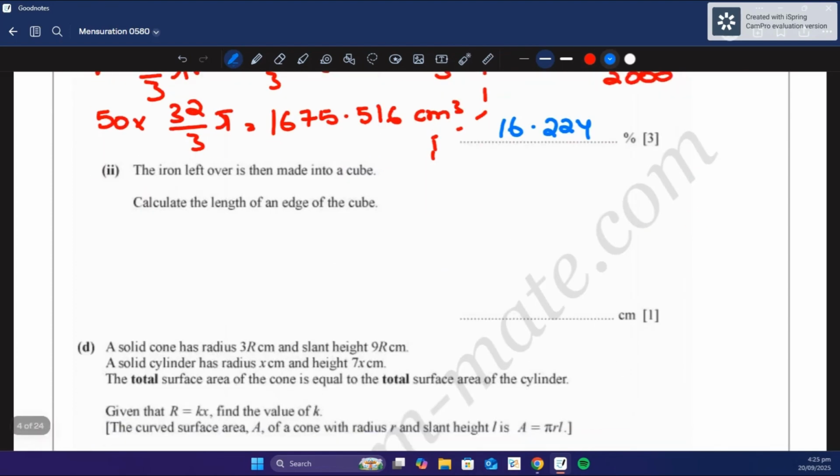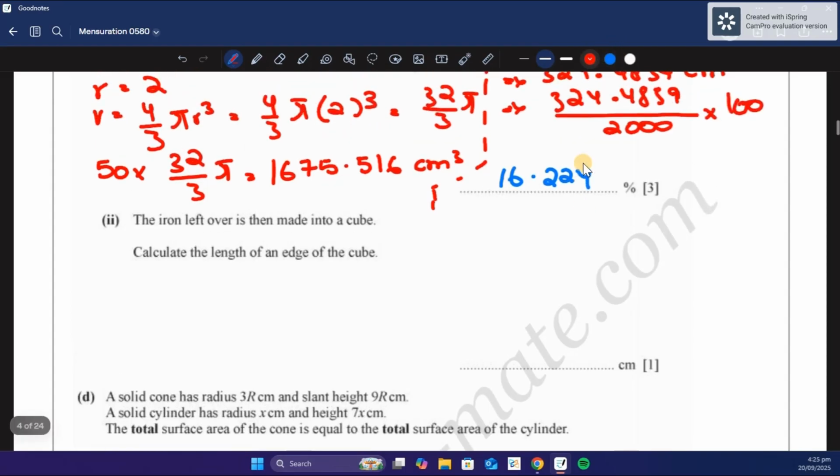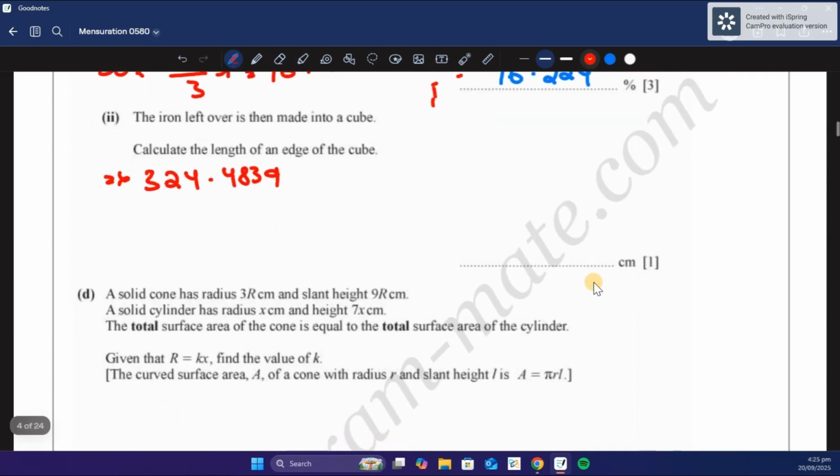Moving forward, the leftover iron is then made into a cube. Calculate the length of an edge of the cube. Alright, so the length of an edge of the cube would simply be the leftover volume is 324.4839, and a cube,